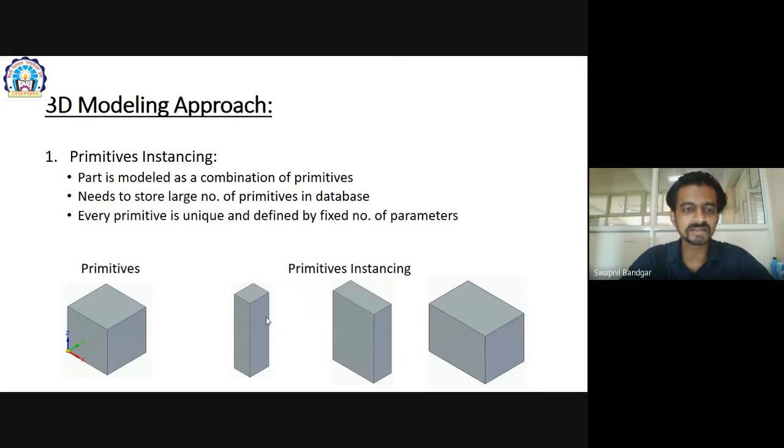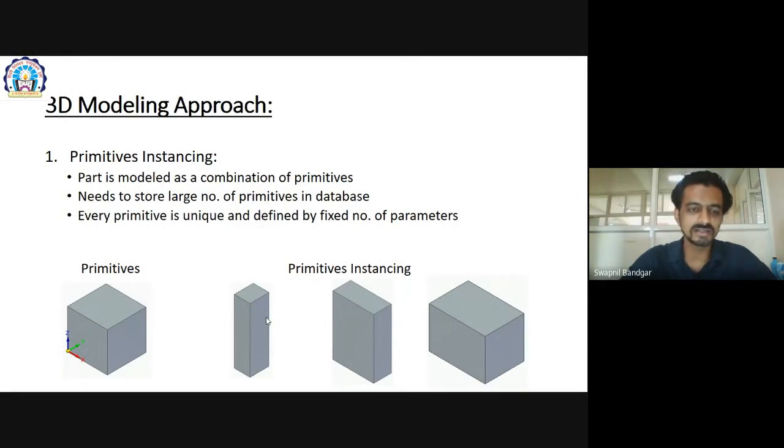In this case, the primitive is a cube, also called a box. This primitive is defined by its length, width, and height. If I change its length, I will get a first primitive. If I change two dimensions, I will get a second primitive.